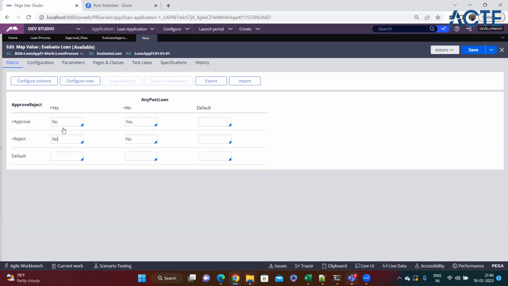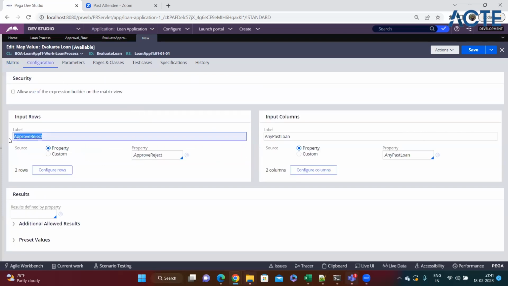And now, if we got a requirement saying that we want to add one more column here to evaluate, let's say, his salary should be greater than 1 lakh rupees, one more column that we want to add. So here you can't do that. As I said, map value means a maximum of two properties that you can evaluate. Even if you want, you cannot do that. You can see here, a minimum of one property and a maximum of two that you can evaluate in your conditions. Then, in that case, you have to go ahead